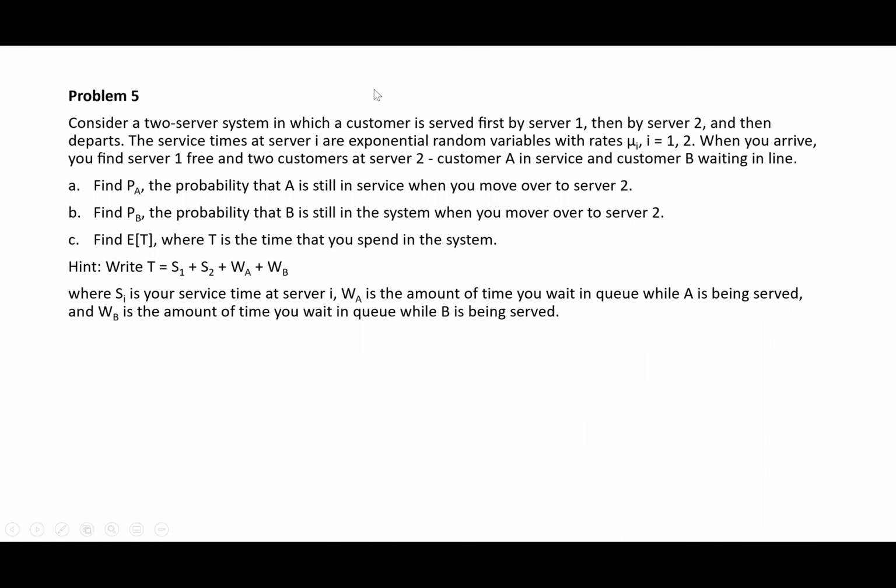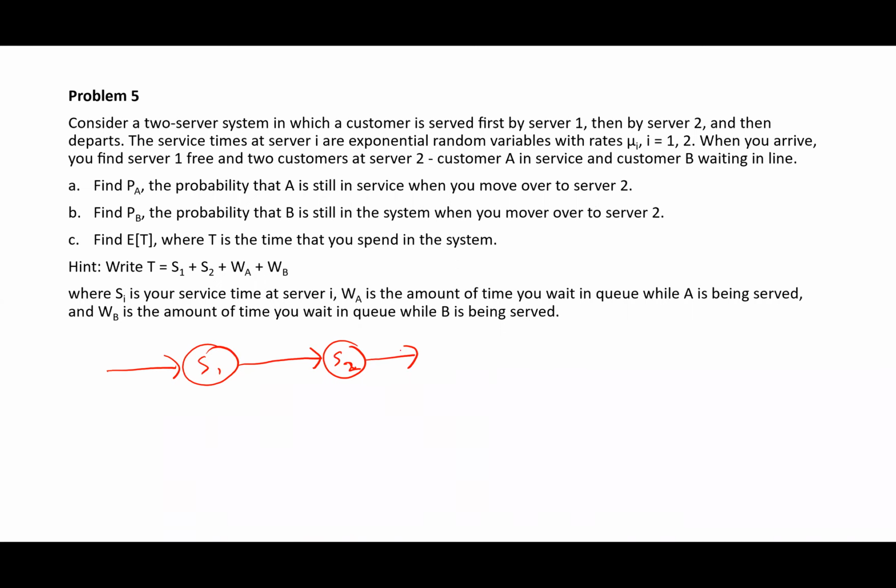So problem number 5, this is a two-server system. The customer is served first by server 1, then by server 2, and then departs. So this is a system where everyone has to go through two servers. You can imagine there's server 1 here, server 2 there, and people arrive. They have to get service at server 1 first, then walk over to server 2, get service at server 2,